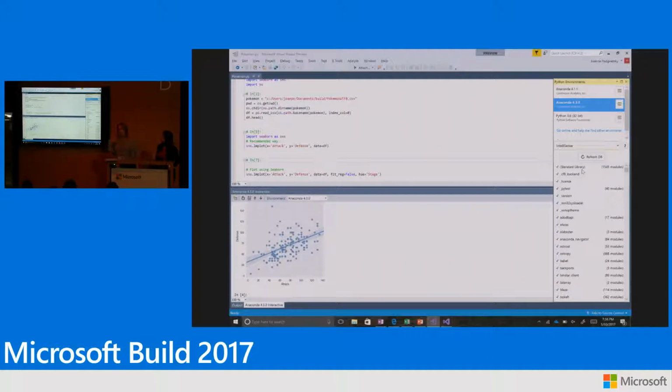So all of these Python environments come loaded with IntelliSense, and IntelliSense is always updated. So you can just get the latest update of that IntelliSense database by refreshing the IntelliSense DB. Pretty simple. Okay, the other thing I wanted to point out as well is that in Visual Studio 2017, or